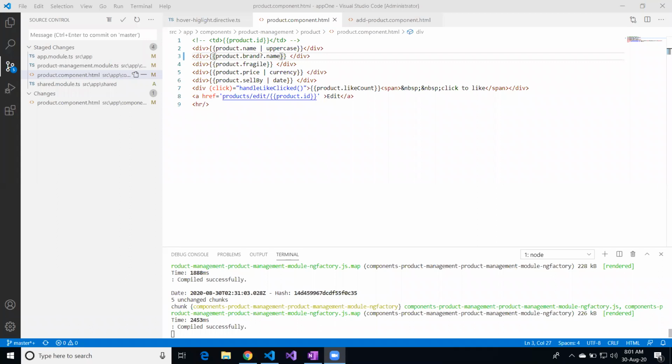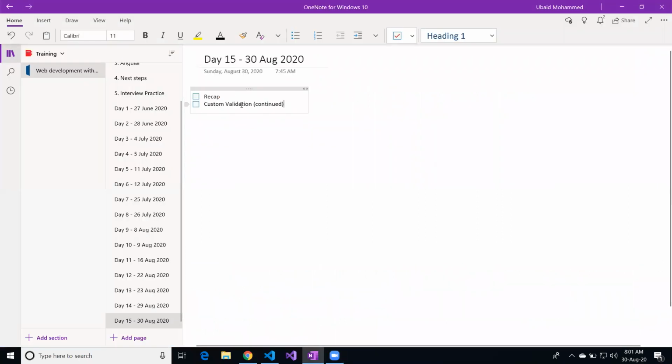We'll try to go over what we did yesterday and then continue on the custom validation, as a couple of things went wrong. Before that, I just wanted to go over something that I discussed not in the last session but the one prior to that. We talked about